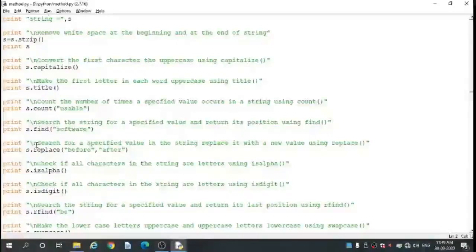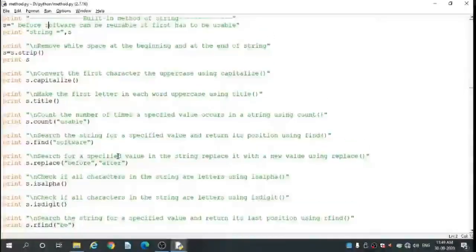Next, print in double quote \n, search for a specified value in the string and replace it with a new value using the replace method. So here print s dot replace in brackets, double quote before, close the double quote, comma, again double quote after. Check the string, the earlier value is before and the new value is after.